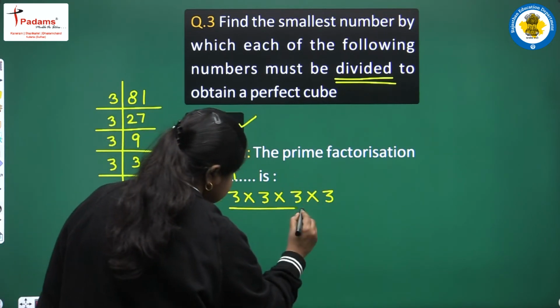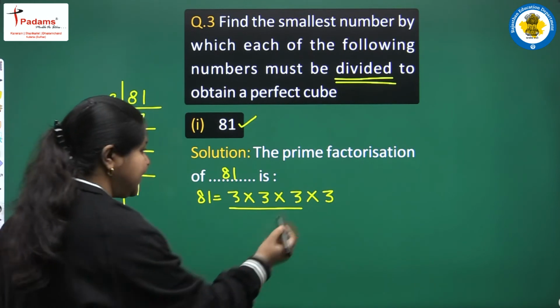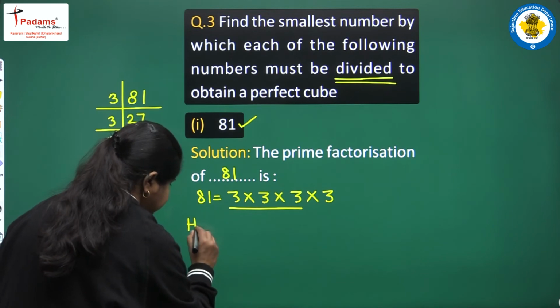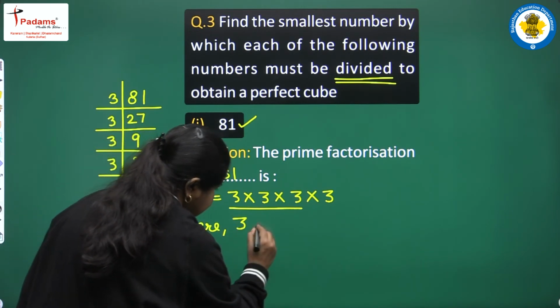Form the triplet. This is the only triplet. You can see here that this 3 is not found in triplet form. We write it here. Here 3 is left